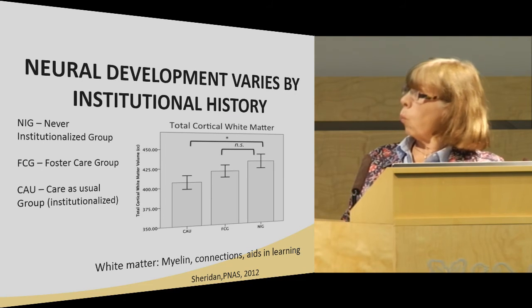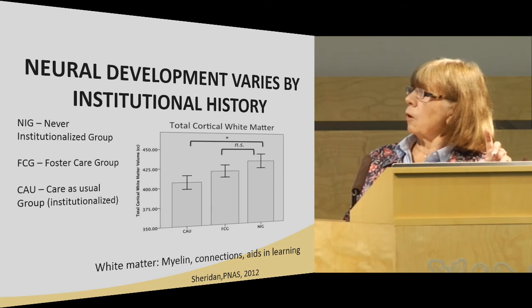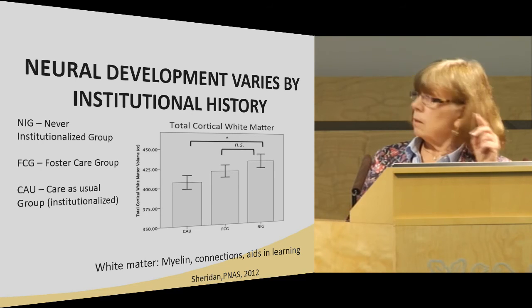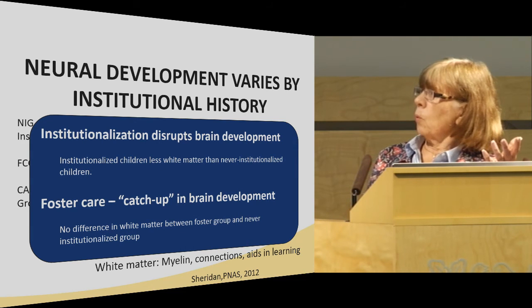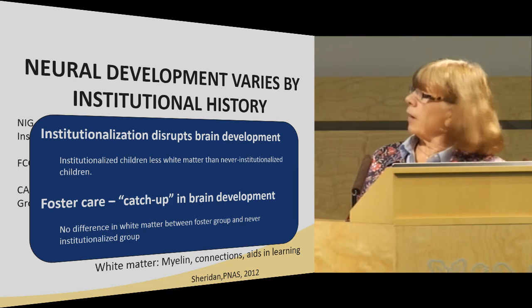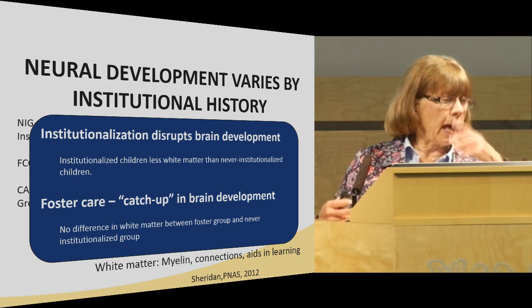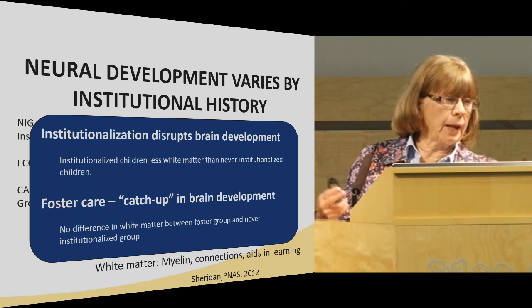If we look at white matter, we see a different picture at this point. So there's no difference here between the foster care and the not institutionalized. So it looks as though there was a disruption and the foster care children had a catch-up. These are observational, they had an intervention, and in some ways these are hypothesis-generating kinds of